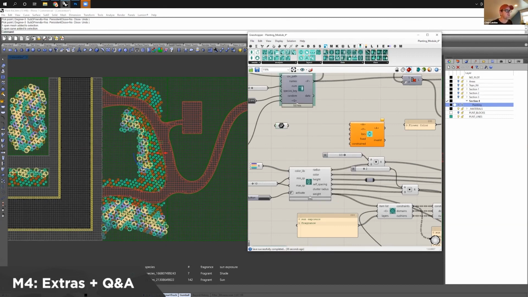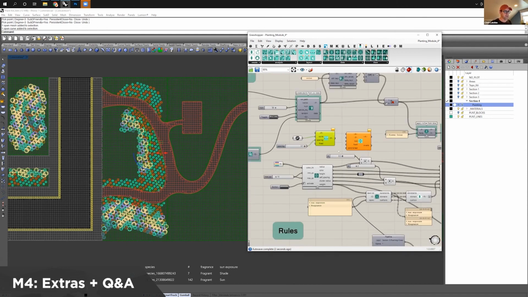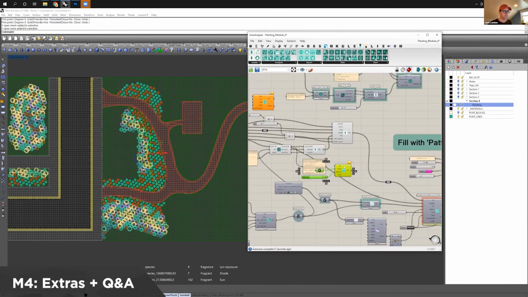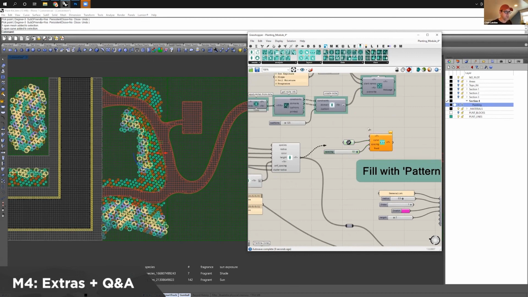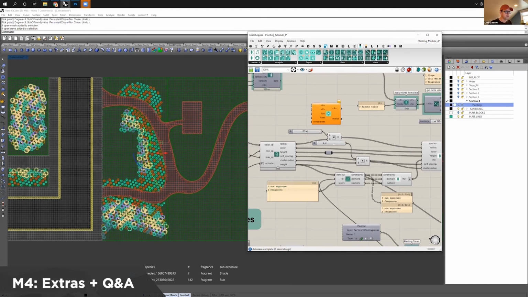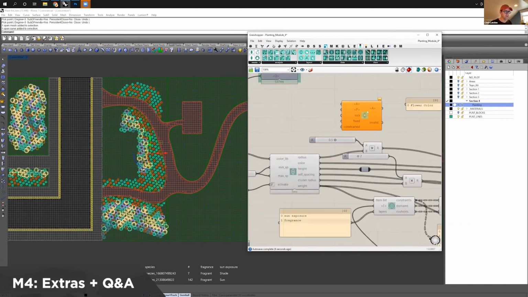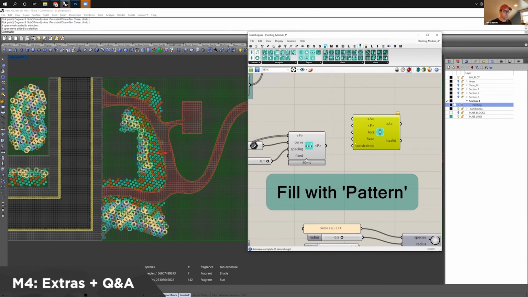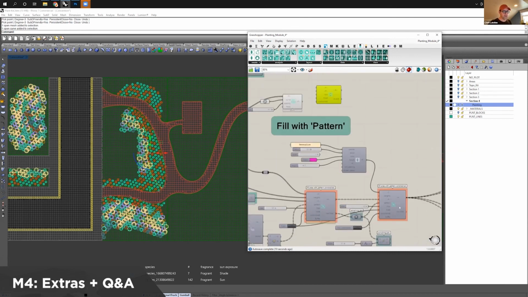Oh, actually, there's a row thing, which is pretty cool. So you give it a curve, and then the spacing, let's say 0.1, and then you can give it a plant list. It's getting a little hairy here. You can give it a plant list, and did I leave something over here? And then,